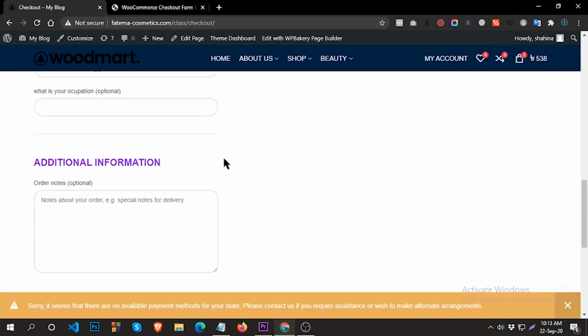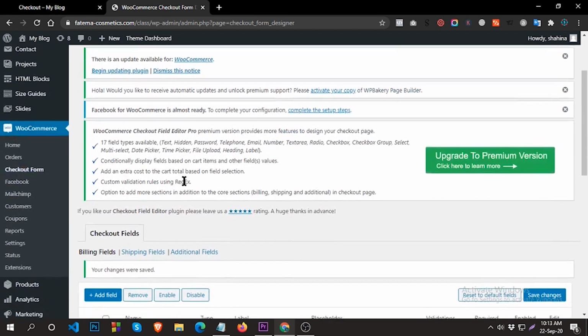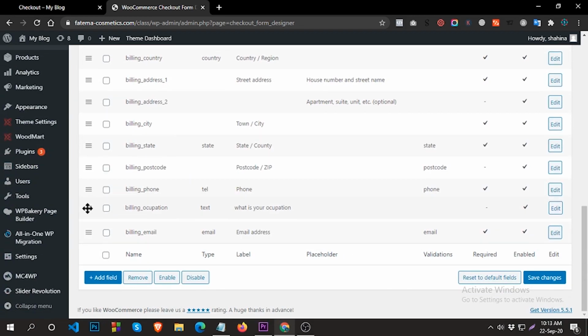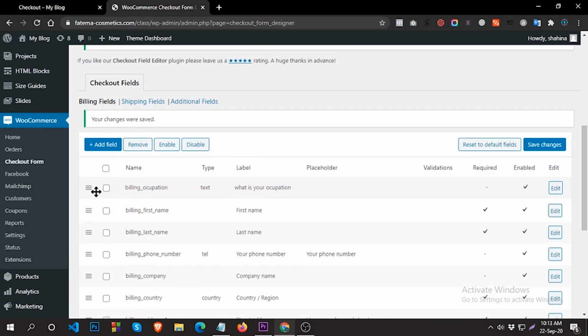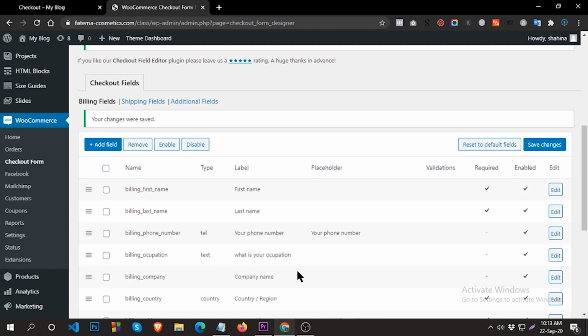We can see the occupation field has been added. You can easily drag and drop this field: first name, last name, phone number, then occupation.